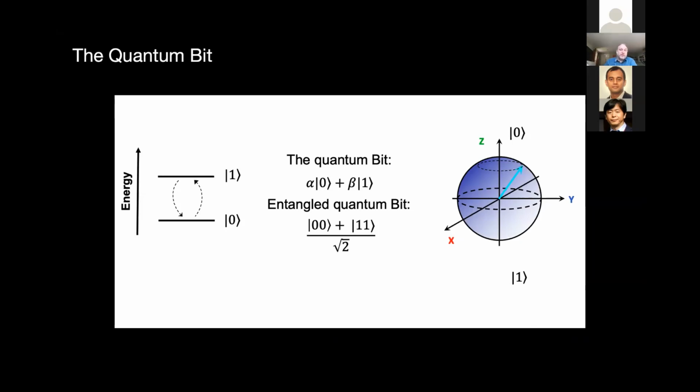And so what that means is the full state of a qubit, instead of just being in the 0 state or in the 1 state, is some probability amplitude alpha times the 0 state plus some probability amplitude beta times the 1 state. And I'm using the words probability amplitude very carefully there because in addition to just a probability, there's a phase associated with this. And so we can describe the state of a qubit as a position on the surface of a sphere, where conventionally people will put the ground state at the north pole of the sphere, the 1 state at the south pole of the sphere.